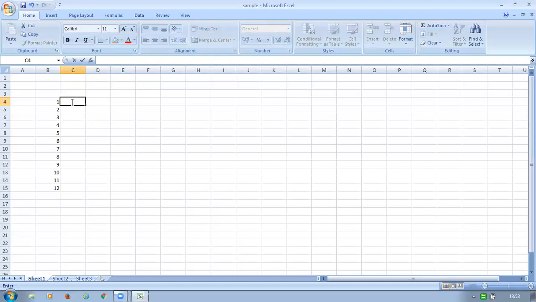This is a function. I am writing the formula here. So the first point is just press equal. Then put a bracket. Select this number, this B4, because for this series I want to add plus 3. So just click plus 3 and close the bracket, press enter.